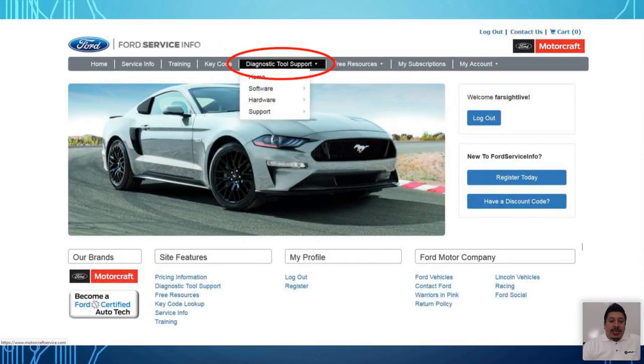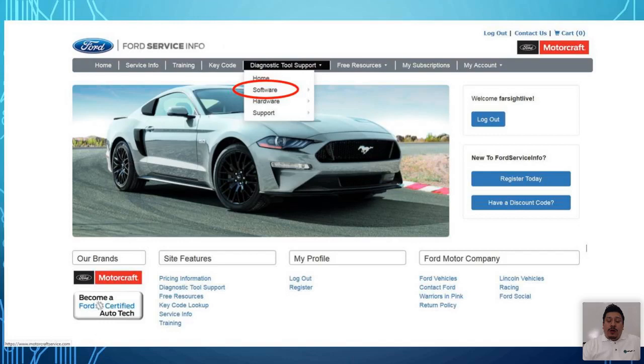All right. So like I said, this is where you're going to live on the diagnostic tool support. You're going to click on that. What we're doing is we're going to purchase the software first. You're going to go to software,